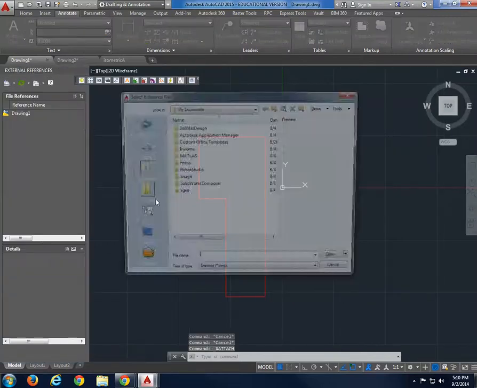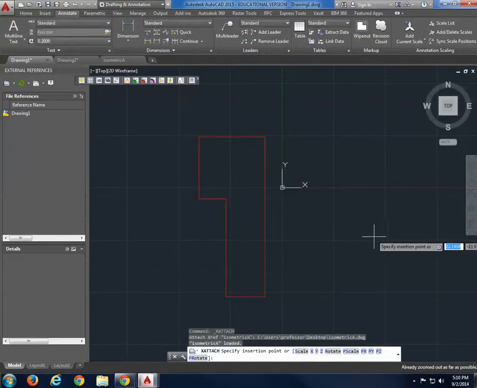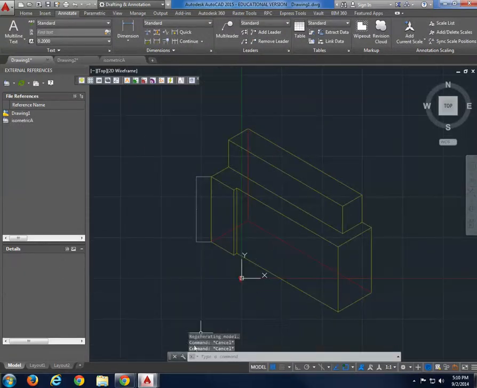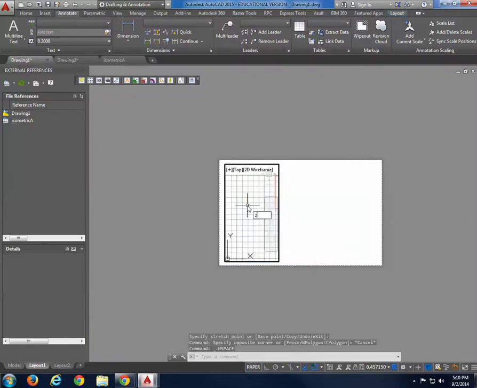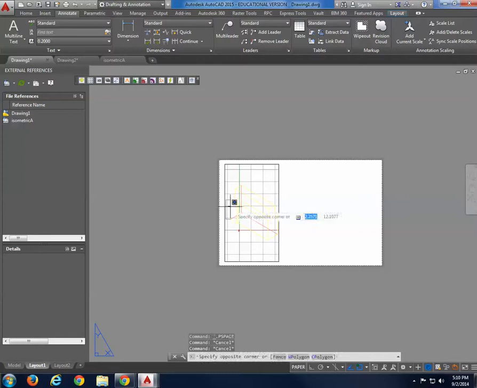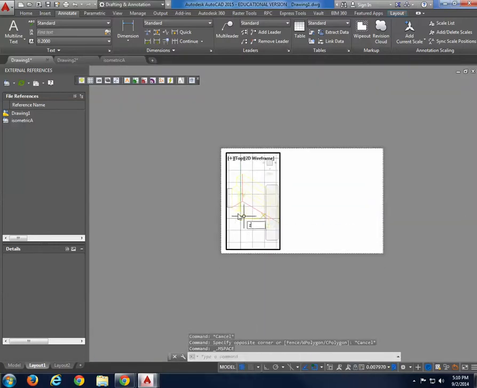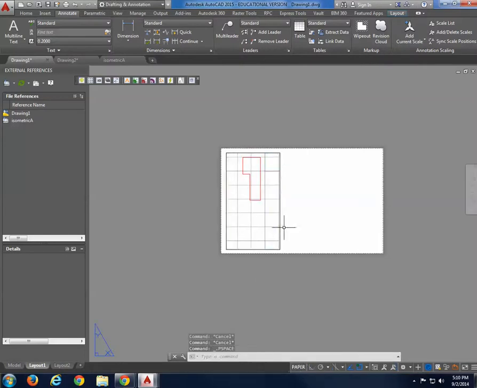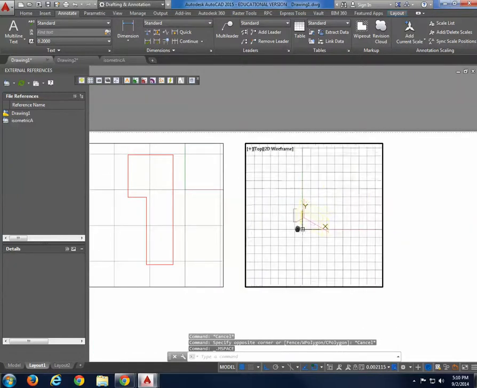select desktop, isometric, OK. See how it's that big? And here I will, if I put this here, zoom extend. Oops. I'm going to copy the window in the layout, put it there, and this one is going to be